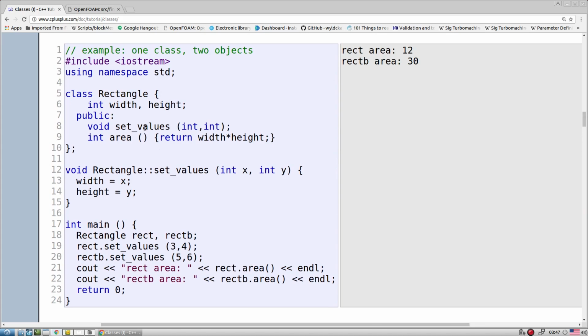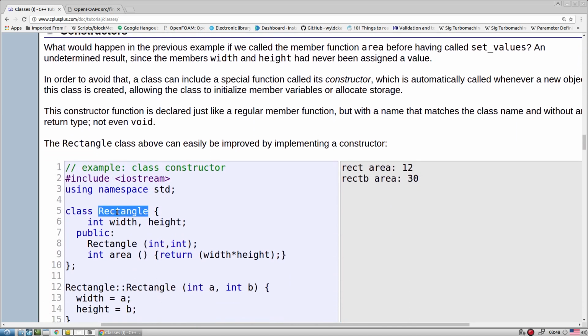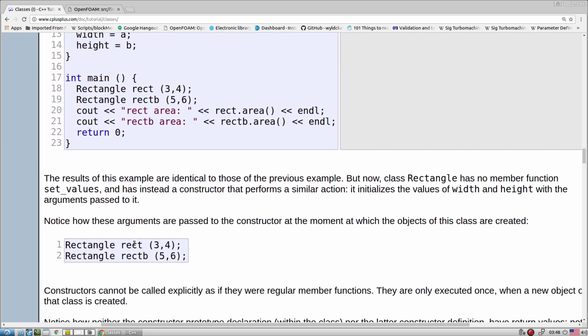So we say set value, and we say void. Here what we did, we say rectangular, we say rect init. This is the constructor with the same name, please understand it that way. So the result of this example is identical to the previous one, but now the class rect has no member